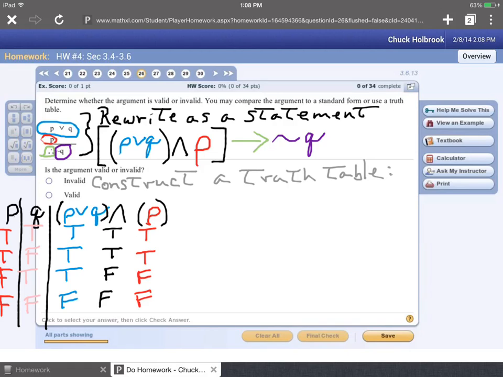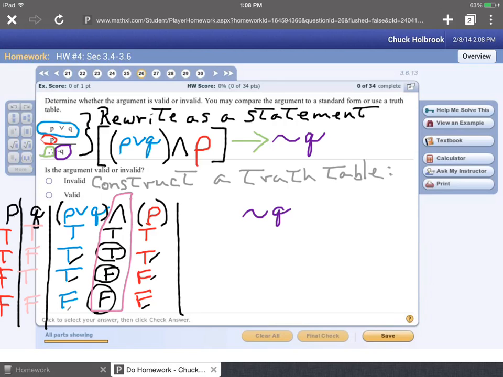If P or Q is true and P is true, then P or Q and P will be true. And you can see that for each one of these, since this right here is going to be true and this one's going to be true, we'll have true here. This will be true here. This will be false here. This has to be false. And if both of them are false, then this one will be false. So our next column